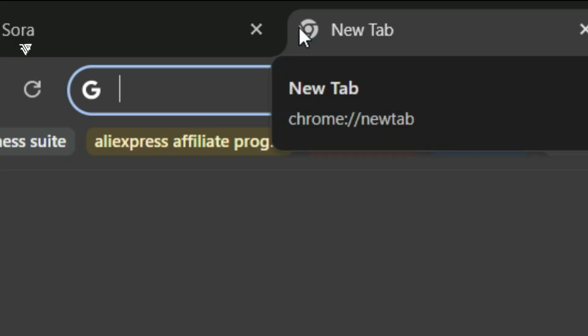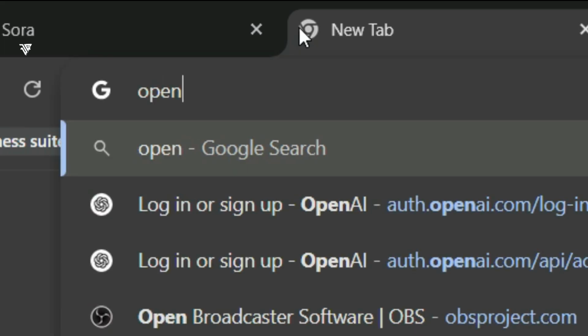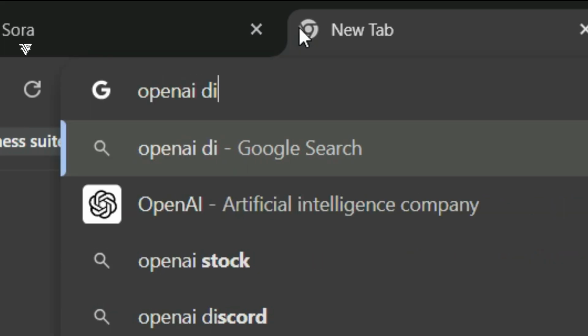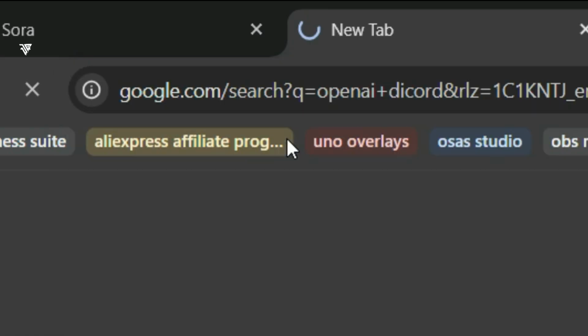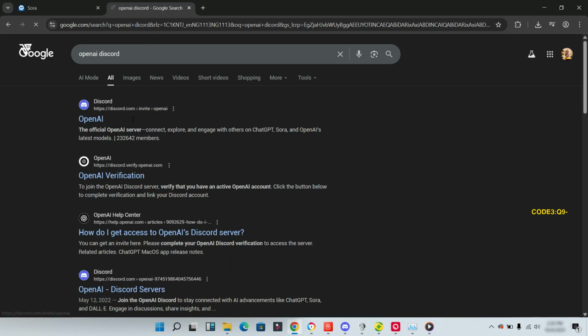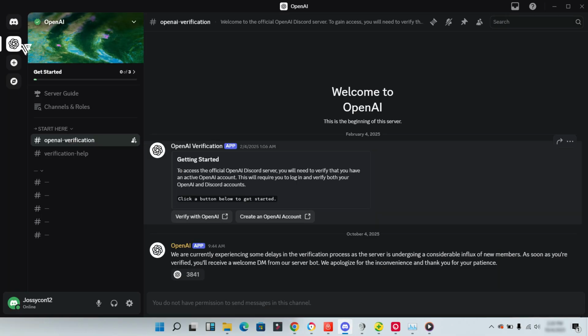So for you to get the invite code, you're going to come over to your browser and search for OpenAI Discord, and you're going to see this here, OpenAI Discord. If you don't have a Discord account, you can sign up, but I noticed that currently, to access the official Discord server,